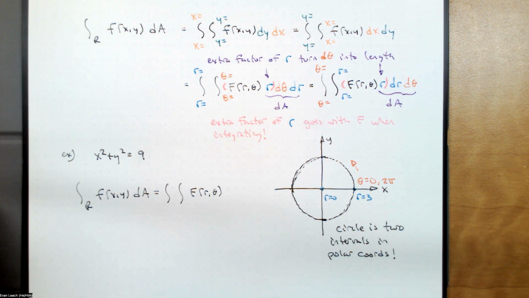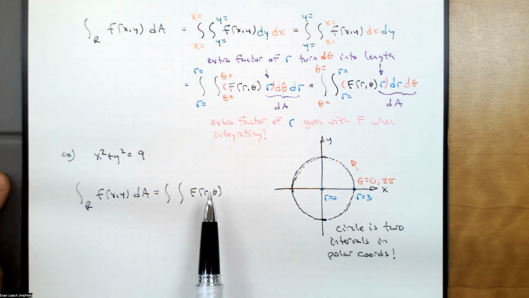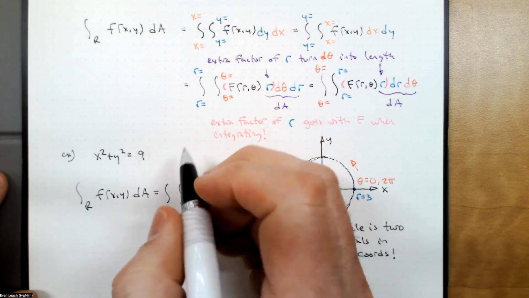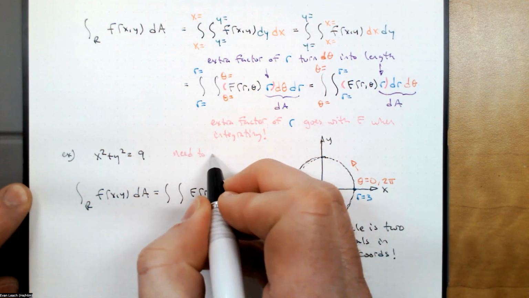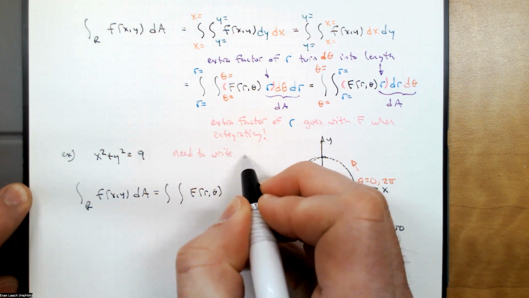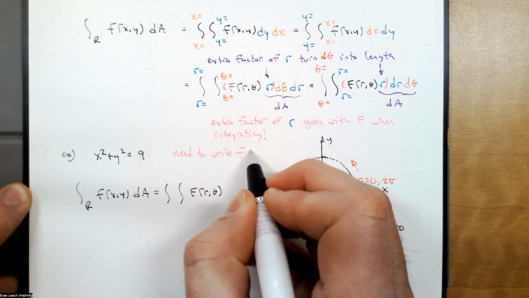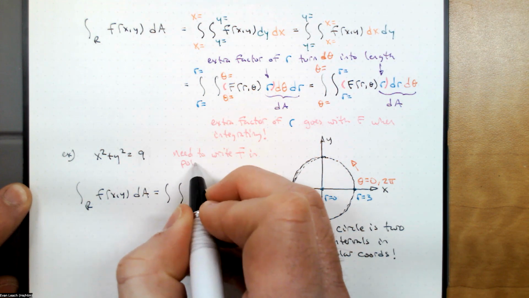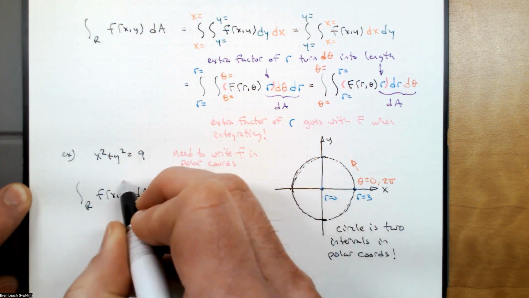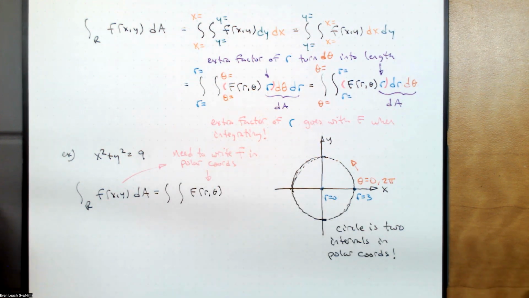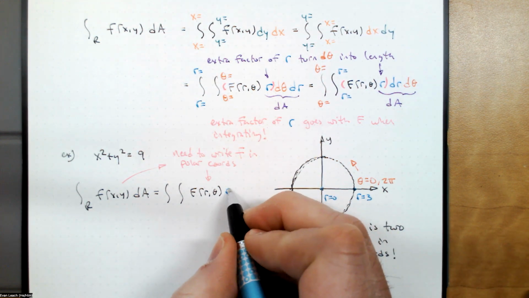So one of the things that we'll have to do is rewrite our function in polar coordinates. If we're in polar coordinates, the dA has to include an extra factor of r,